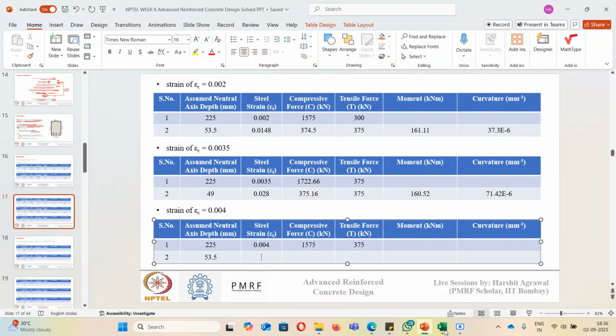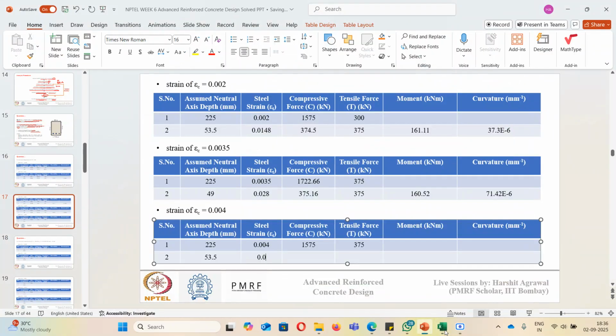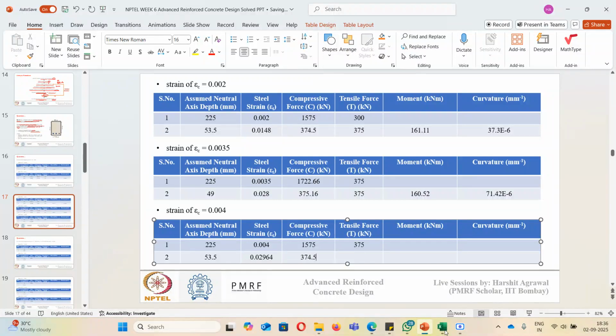Compression force is way larger than the tension force, so we need to change the value of X, we need to decrease X. I'll set it at 53.5. Then you can see compression force is nearly equal to the tension force. Okay, so this value is 0.202964. Compression force is 374.5, tension force is 375, moment is 158.61, and curvature is